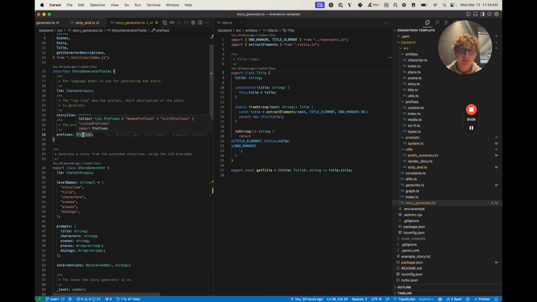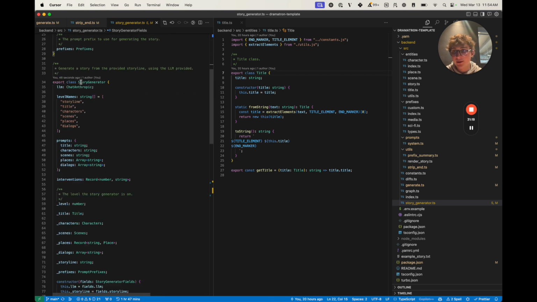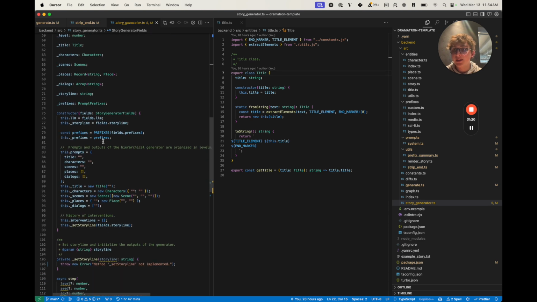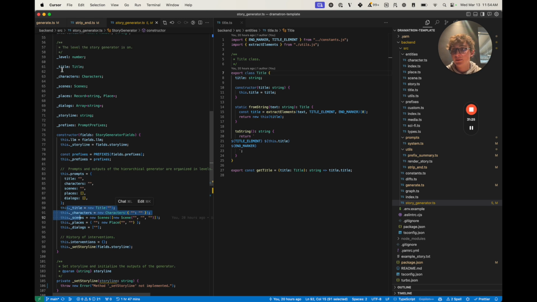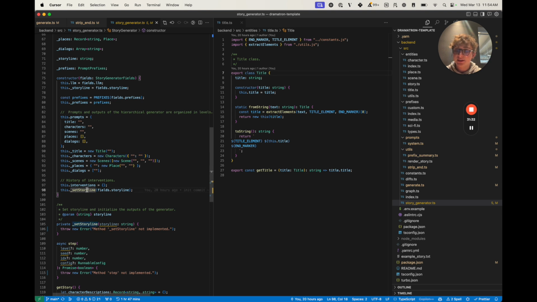and these are going to be the prompts, which we saw earlier, the storyline, which is your logline or initial short description of the story, and obviously the LLM. The constructor then sets these fields or class properties, and it initializes the different title, characters, scenes, properties with empty string entities. And then it calls this set storyline method, which we can implement right now. So what this is going to do is it's going to set the initial level and storyline class properties. So we're going to say